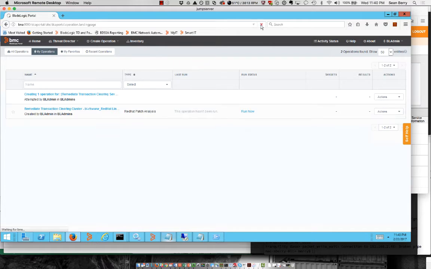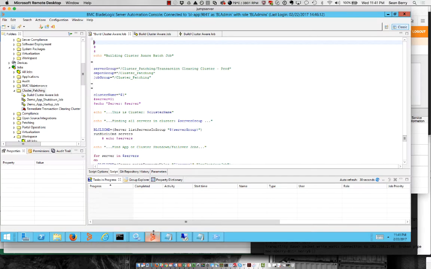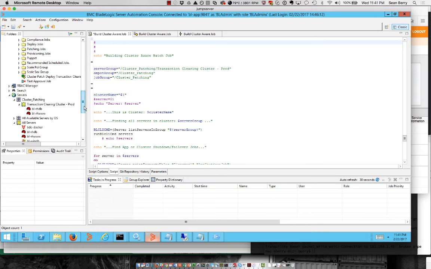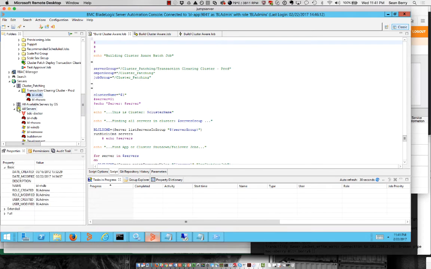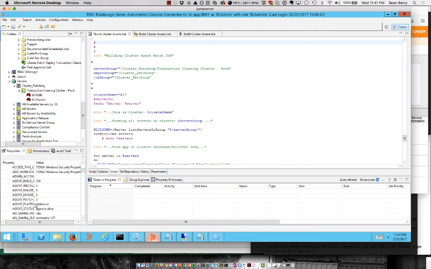But at the same time, that doesn't do anything for the rest of our cluster operation. So there's our remediate transaction clearing cluster. It's got the name of one of the servers in it. It has not been run yet, but that doesn't have any of our compliance components associated with it. So our cluster components. When we go over and look in BladeLogic, we're going to see that for this particular cluster, when we pick one of these servers, we've built out